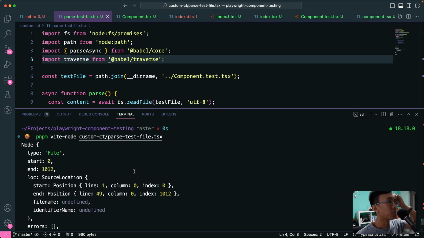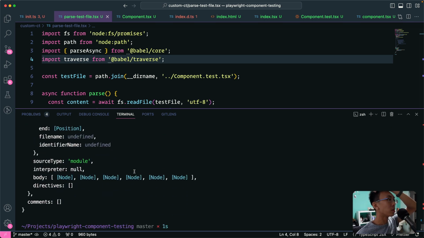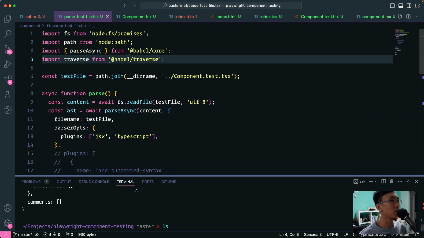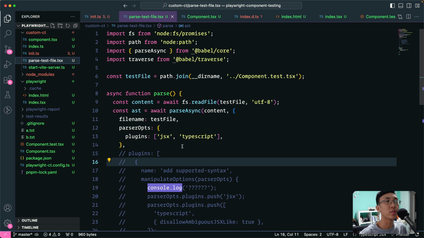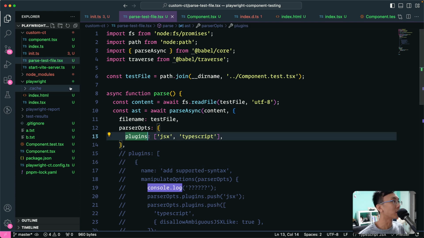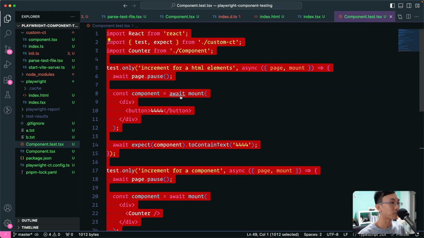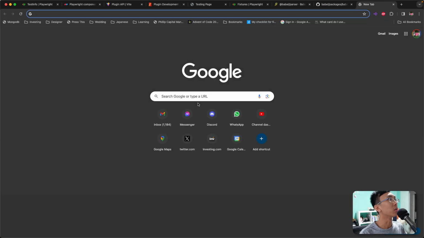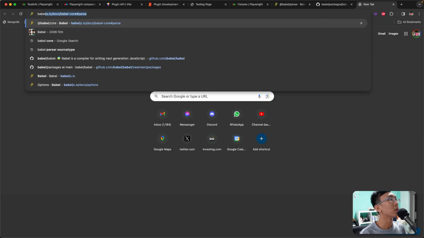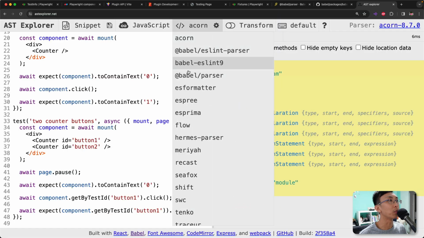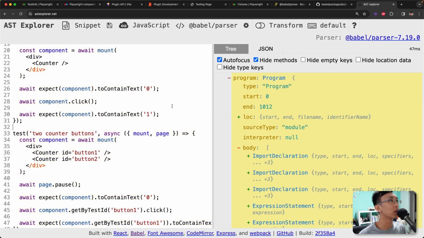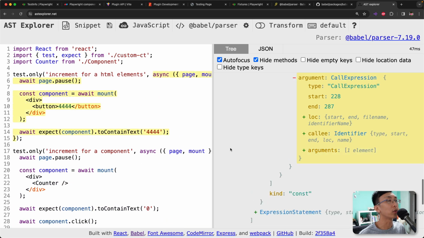right? So we're able to parse it out, then we need to traverse. So now let's see how we're gonna traverse this thing. I actually have a video about how you do traversing in Babel. You can check the link in the description for that. For this one, I'm gonna copy this file, and go to the Babel AST Explorer. I'm gonna paste this in and use the Babel parser to see the AST tree for Babel,